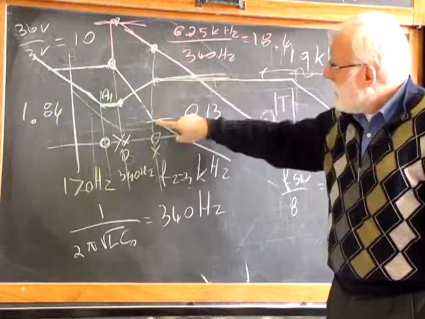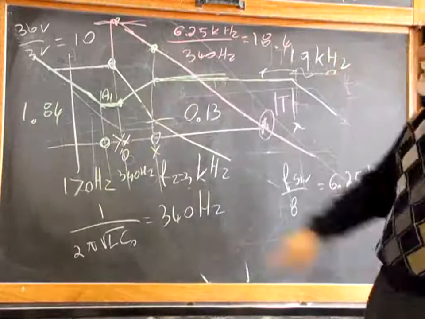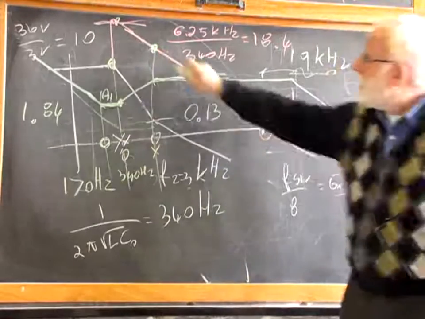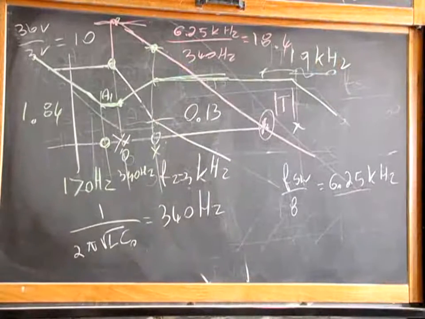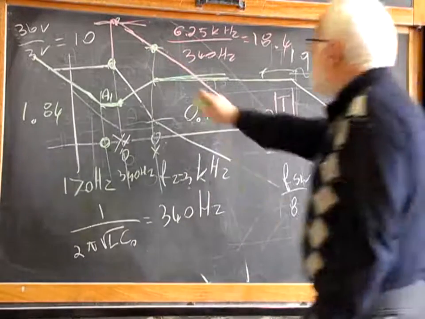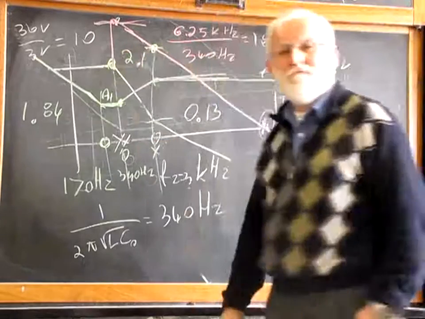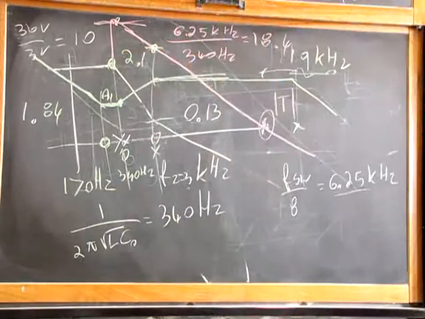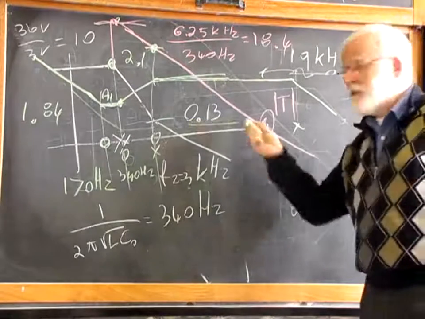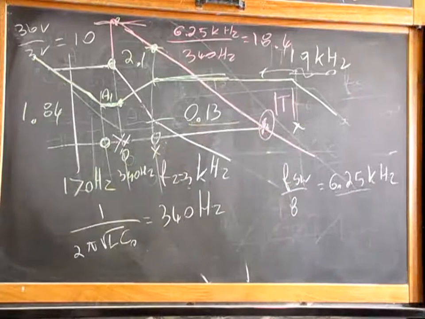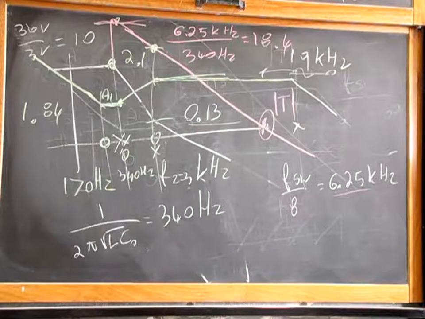This gain divided by this gives me the gain I need. So this gain is about 6.25 divided by 3, that is 2.1, 2.08. The actual gain I have here is 0.13. And so 2.1 divided by 0.13,